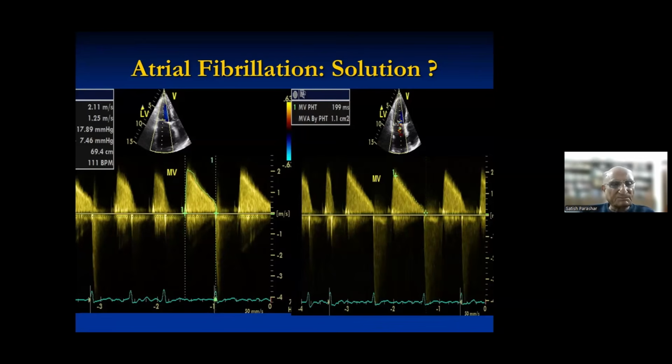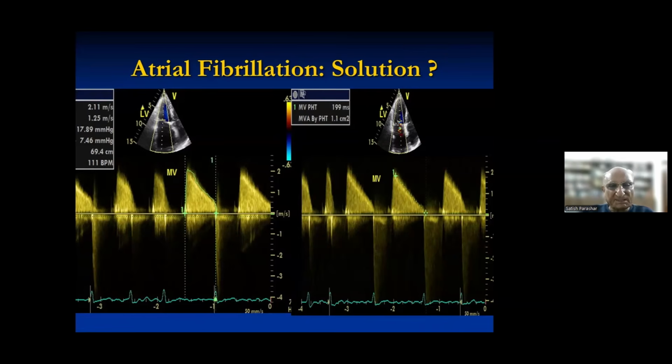Because of the effect of respiration or anything, it is advisable that in a sinus rhythm, you take an average of 3. And in atrial fibrillation, if possible, take an average of 5, but sometimes it becomes difficult also. But in a sinus rhythm, always take an average of 3 readings, and you will see that all the